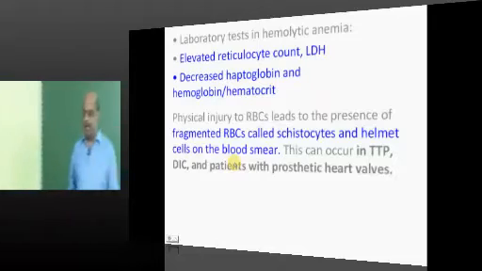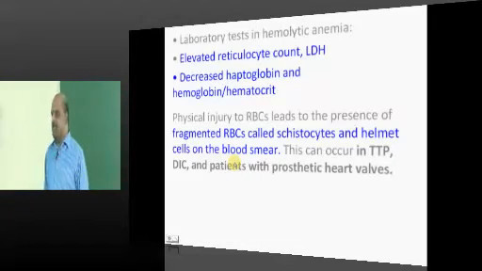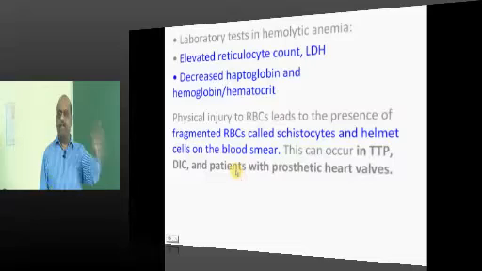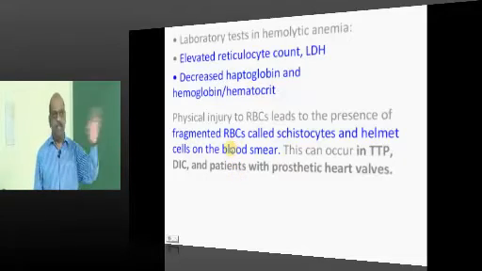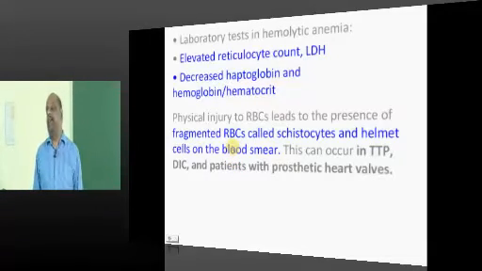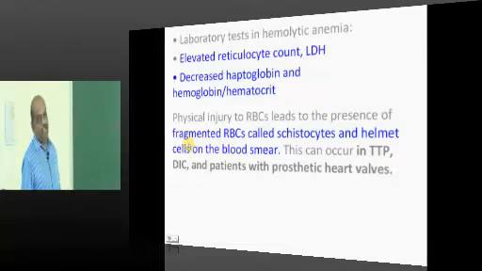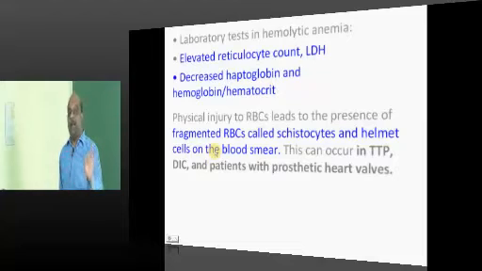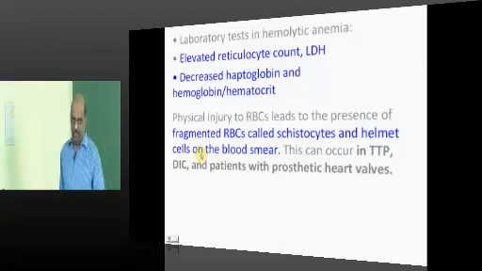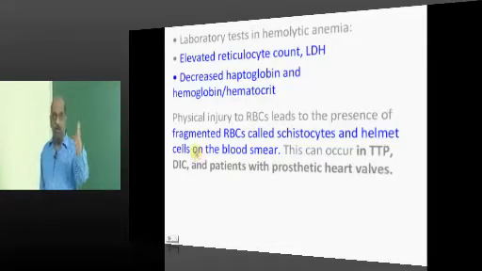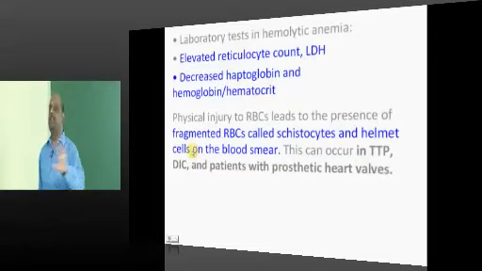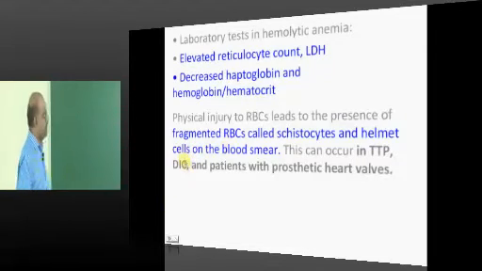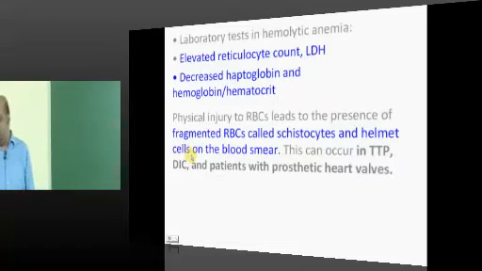Now, what are the important laboratory findings? As we discussed yesterday, a high reticulocyte count, 7%, 8%, 10%, if the retic count is very high, think of hemolysis. Second very important biochemical parameter, which clinically we generally depend on, is increased LDH. If a patient has got anemia, and LDH evaluation is found to be high, then you should always suspect a hemolytic anemia as the underlying cause. Haptoglobin, what is this?